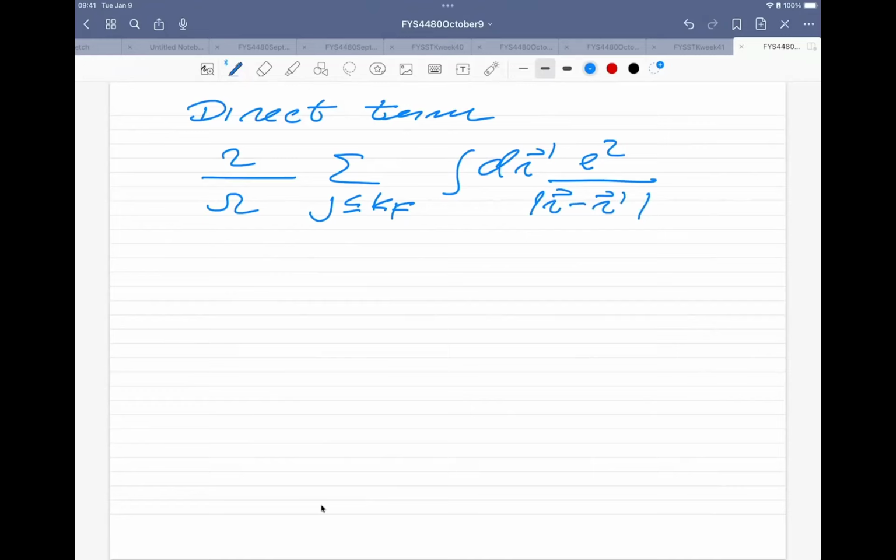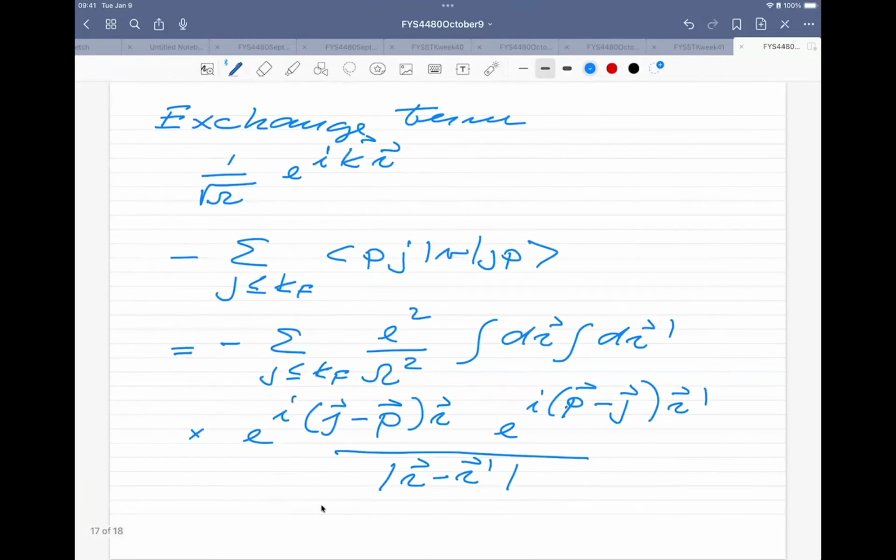The reason for doing that is that I can actually rewrite this one. If you look back at the integrals you have here, by a small trick I can rewrite the integral, because in the other case what I will have is j plus p times r, and then there will be a minus e to the i of p plus j. If I do that, I can isolate an r prime and then integrate that one away, and that gives me a volume term. I'm coming back a little bit to that one. I just wanted to set up the expressions.